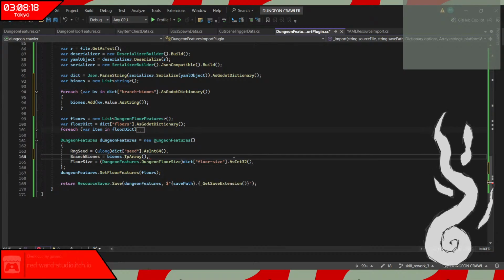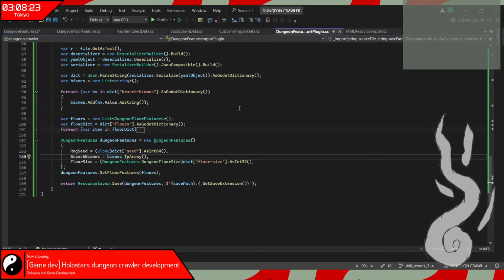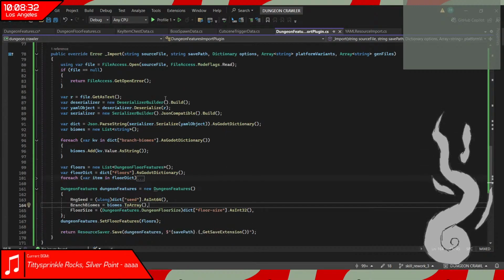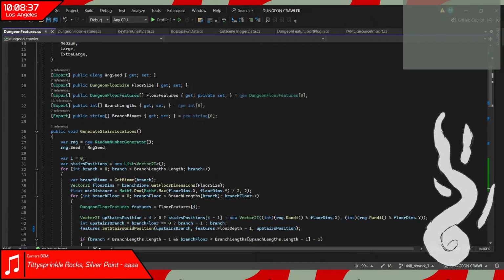Yeah, need a comma instead of a semicolon there. Right. Okay, save that, and now I need to have our